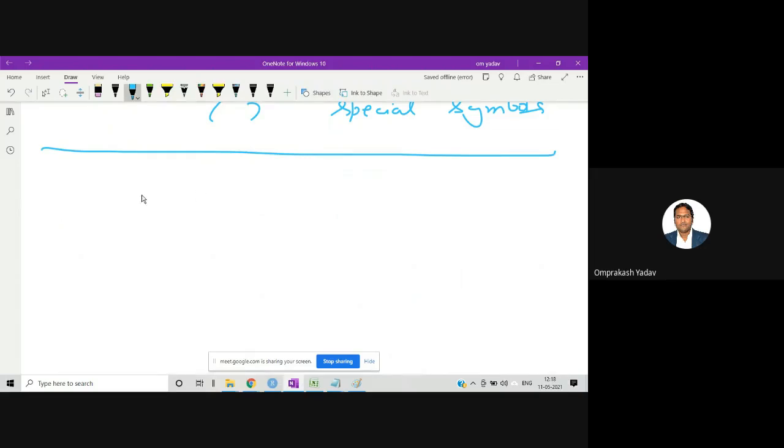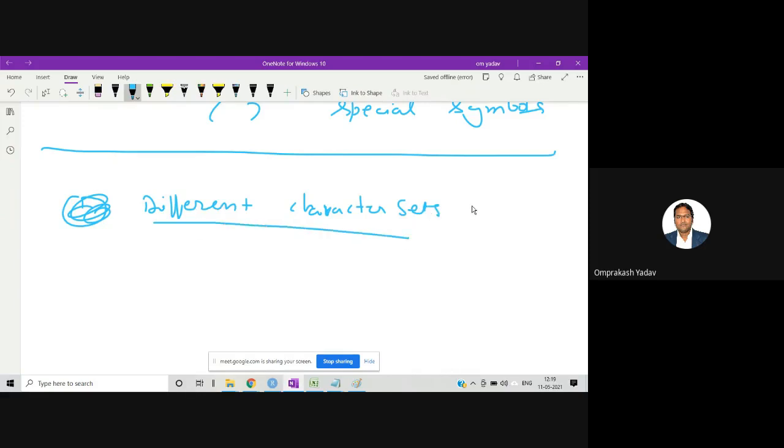So obviously the first task, I'll see what are the different character sets available in C language. The topic of this one, let's say, is different character sets in C.